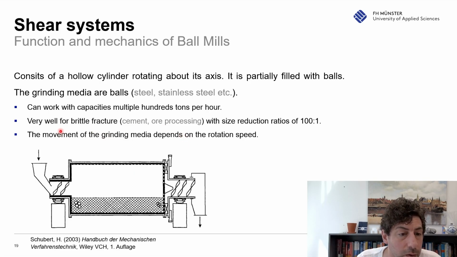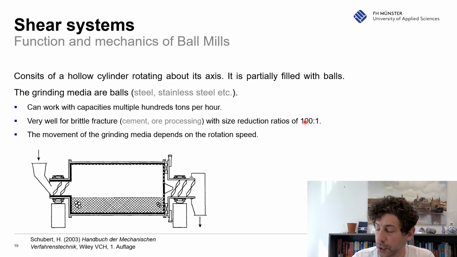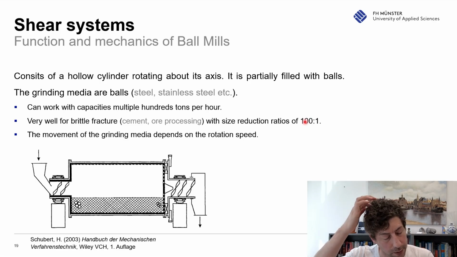It works very well for brittle materials like cement or ore processing, and these ball mills, we have them in our lab, can be very small, but they can also be very large and work on multiple 100 tons per hour. A huge advantage is this size reduction ratio of 100 to 1. And these ball mills are very often used as a last step because of this high size ratio. So you have a pre-crushing in gold, you have a pre-crushing with a jaw crusher, and then you use a ball mill, and then you have your ore, which you can go into the